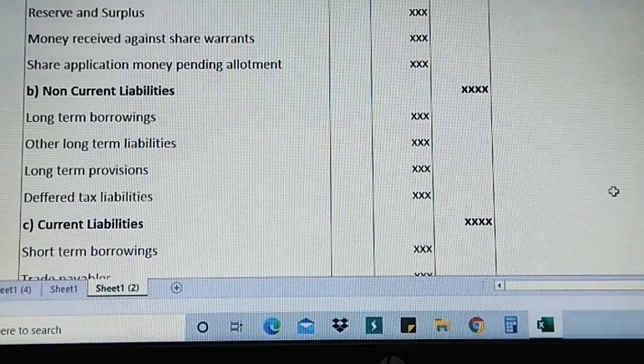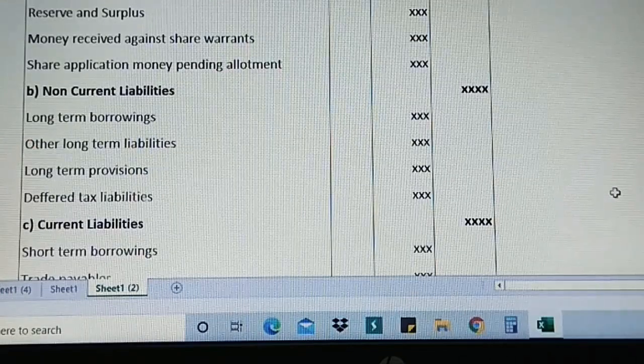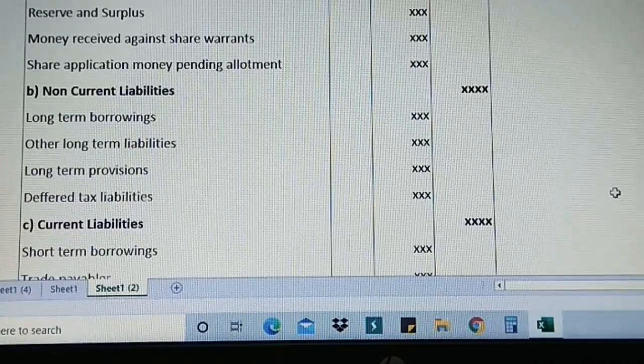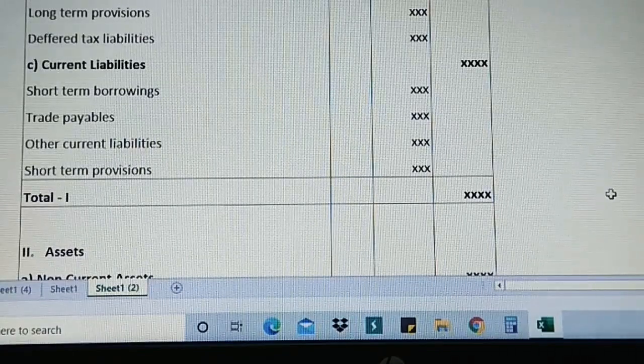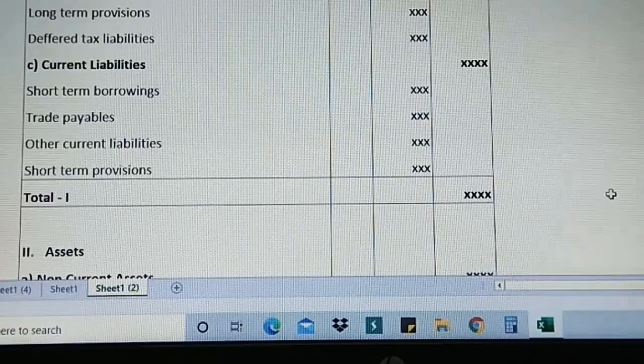Clear? Next, here you have debentures. You have to remember debentures, bank loan, bank overdraft. For bank overdraft, it depends upon the value whether you have to treat it as current or non-current, but still you can write it. Next, current liability is the third subheading. Current means it should be for a shorter period, maximum 6 months. So let us observe short-term borrowings like cash credit. Then you have bank overdraft, again bank loan if it is for less than 6 months. Then trade payables, which is nothing but bills payable.